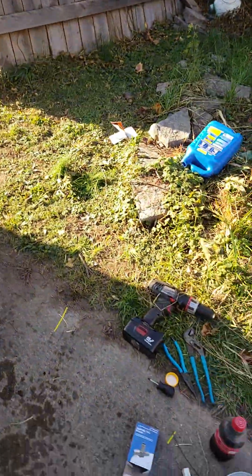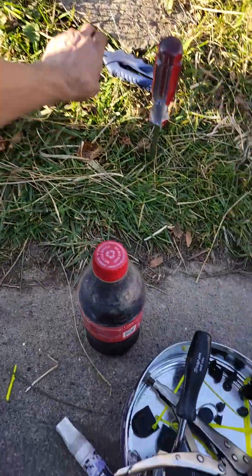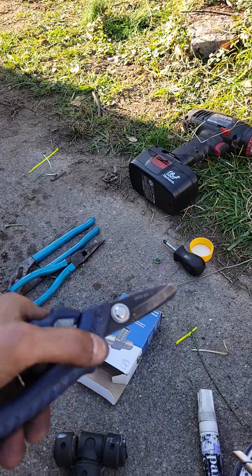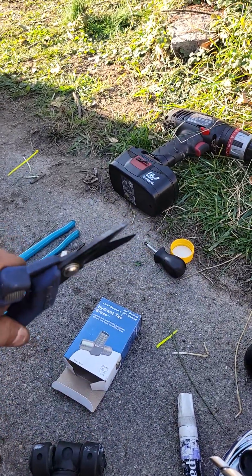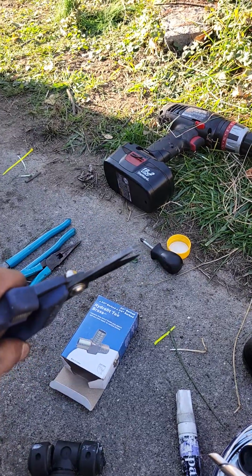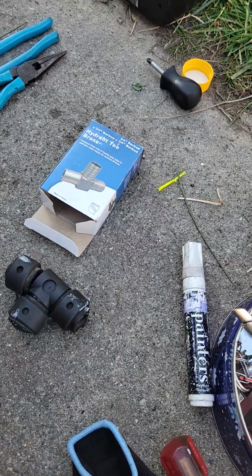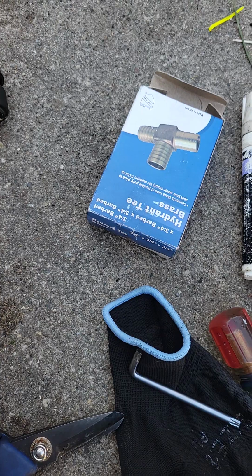So the things I really just needed for this one, man. Now for this job to make it easy, you gotta get yourself some of these. These are radiator scissors. Now you can say I got other scissors and stuff like that, but these are specifically made to cut radiator hoses like butter. So I end up cutting, boom, boom, boom, right in the 3 lines, and splicing this into the system,